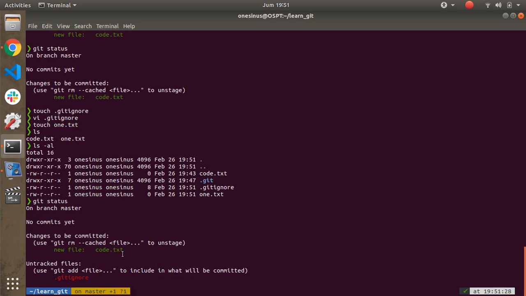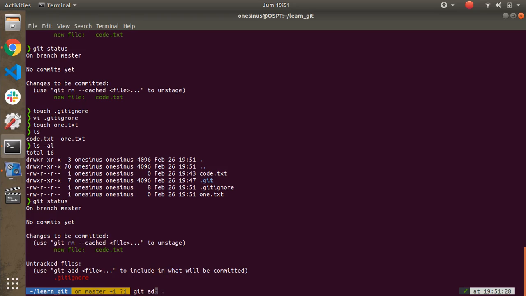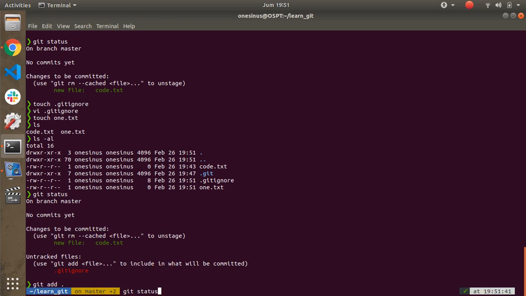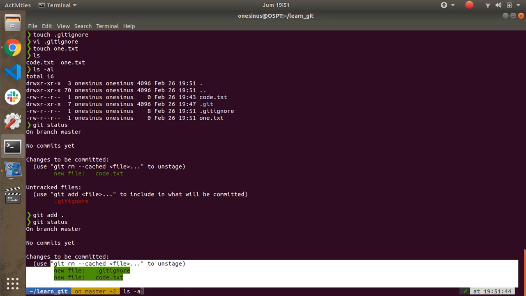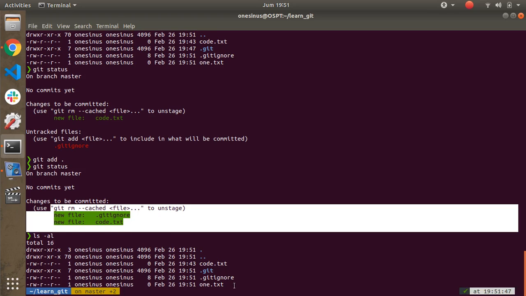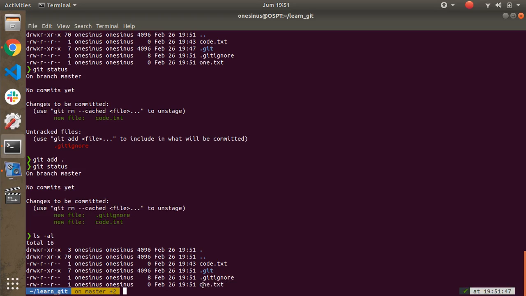My file is not tracked by git. Okay, let's try git add all, and git status. Also our file is ignored by git, I mean. I'm sorry for my bad English.